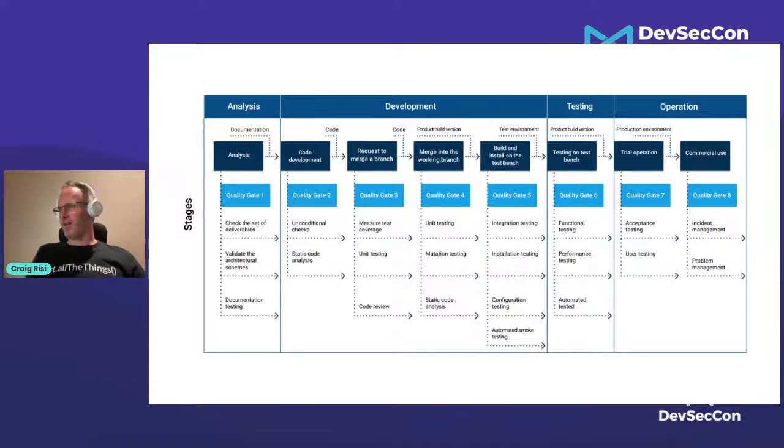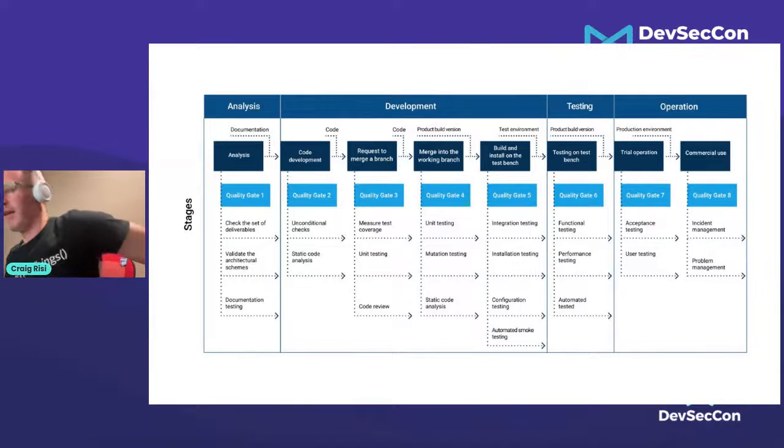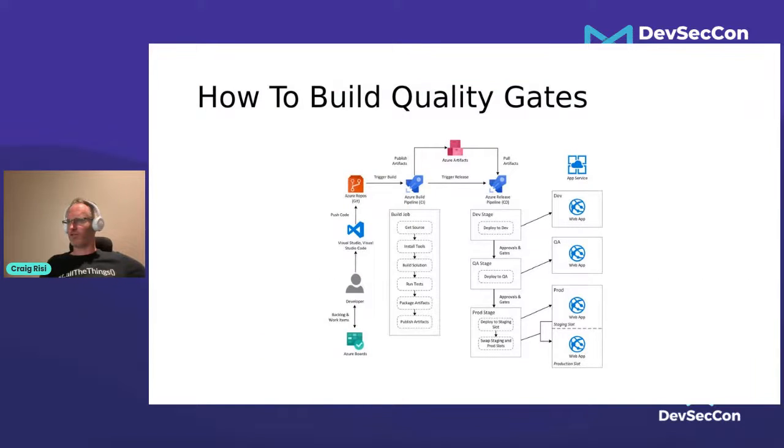So how do we build quality gates? I'm going to very high level in the next slide just show you an idea, if you're using Azure DevOps, of some things to be aware of. Where you have an Azure board, you're a developer, you have some sort of Visual Studio Code that you've got